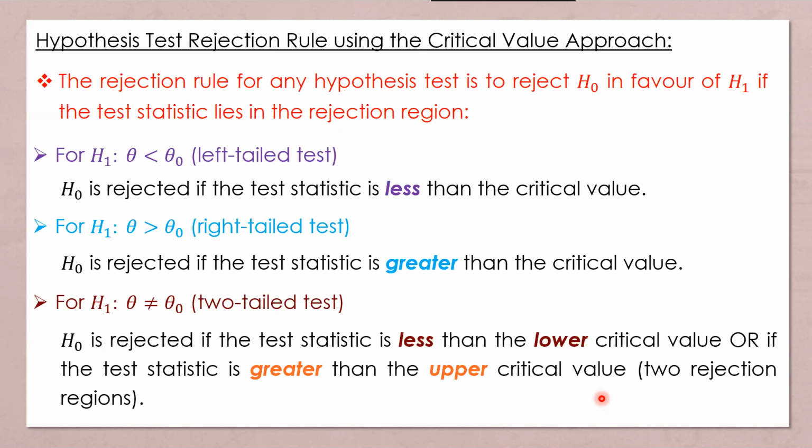So this is the general form of how we would perform this hypothesis test based on what we call the critical value approach. Okay, so we calculate this critical value from the statistical tables, whether it be the standard normal tables, t-tables, chi-square tables,